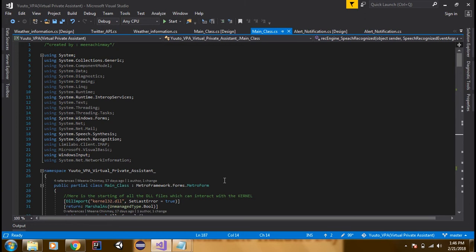Now I did not use any kind of deep neural network, but I used a little bit of artificial intelligence, and that is an algorithm which is completely made by me. According to that algorithm, we can use more than one speech recognition engine to give it a human-like behavior, like we humans do. When we are talking to a person, we can only concentrate or focus